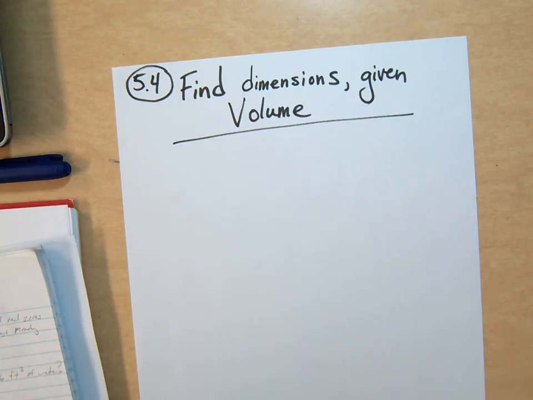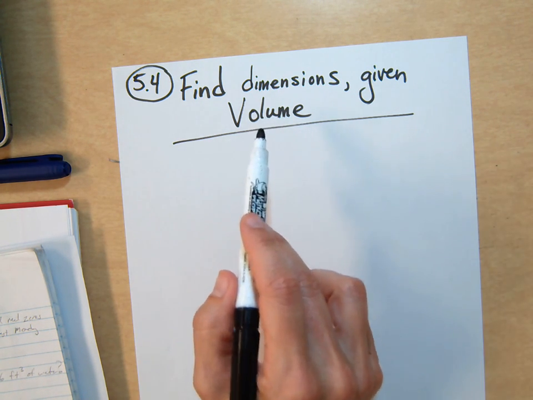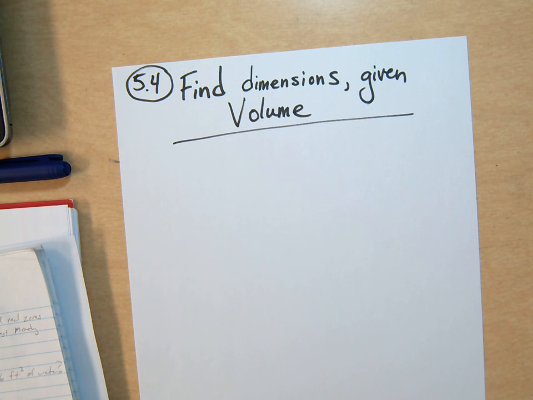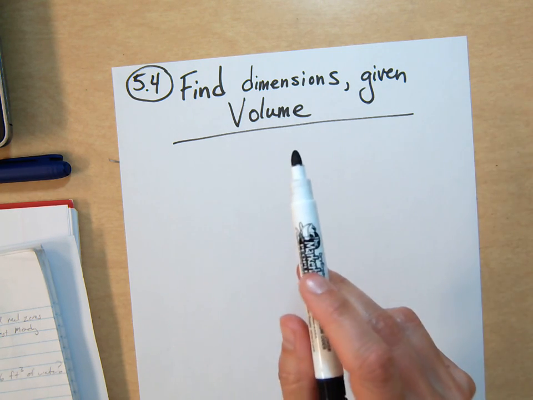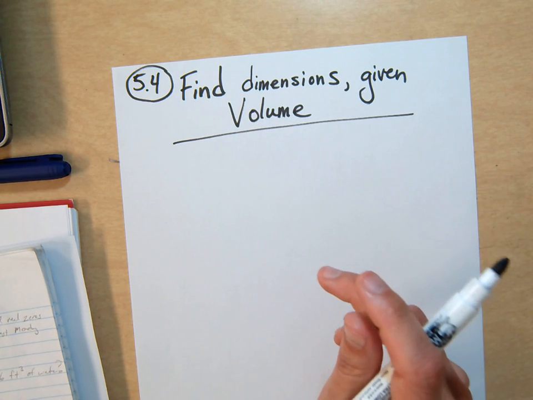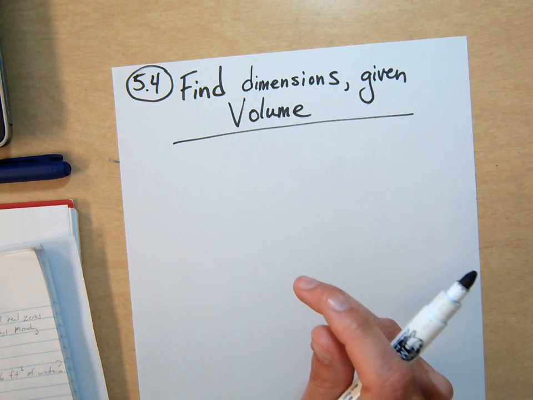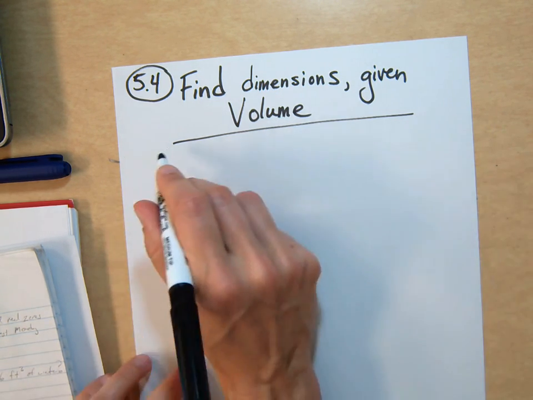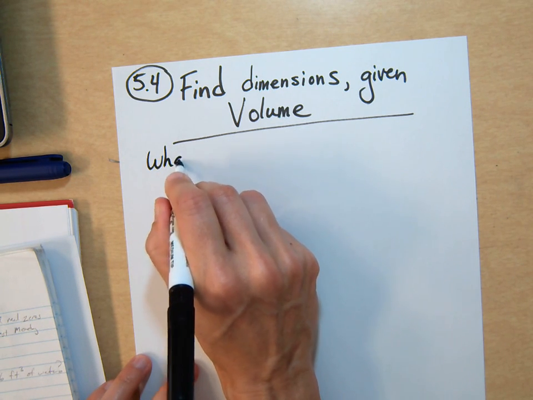Okay, so with these, now that we know how to solve higher degree polynomials like third degree, especially volume applications are accessible to us because we multiply three sides together to get volume. So one of the main applications is find the dimensions given the volume, and those are the directions for this problem. So I'll try to draw a three-dimensional shape, and the question we're answering is, what should